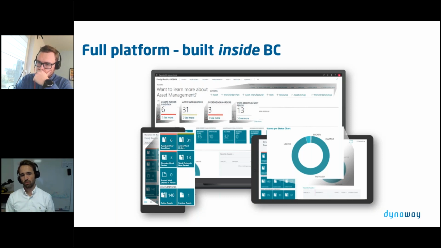It's not a third-party application. It's not something that supports any other ERP solution. It is built for BC, and it runs inside of BC. So if you're familiar with BC, the processes there, you can quickly identify some of the